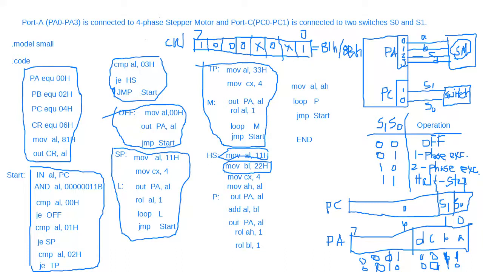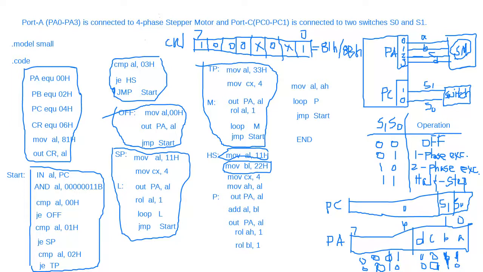out port A comma AL. Now that means it is 33H. Okay, so 33H means it is two phase mode. And now rotation of AH comma 1, because AH has 11, we keep it in 11 in AH. You can see. So make it 1 bit rotation, and also BL comma rotation left BL comma 1. This is also 1 bit rotation, and then